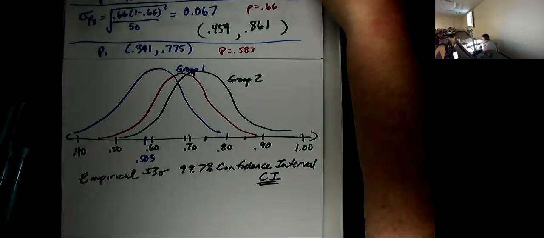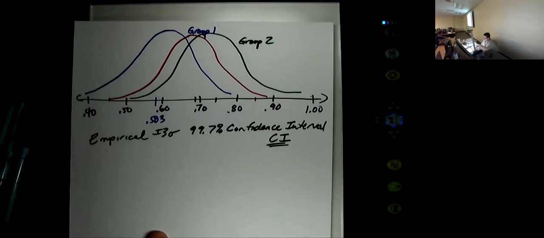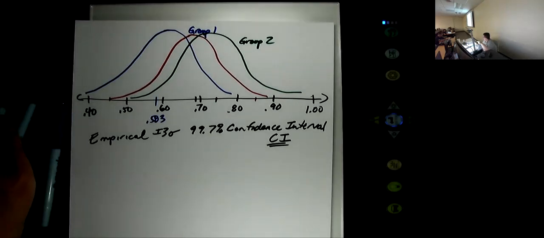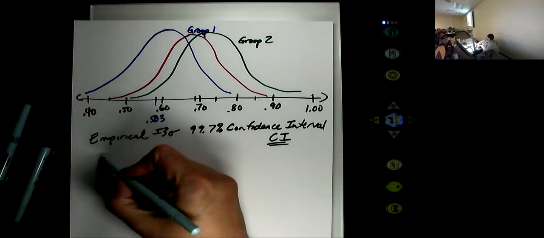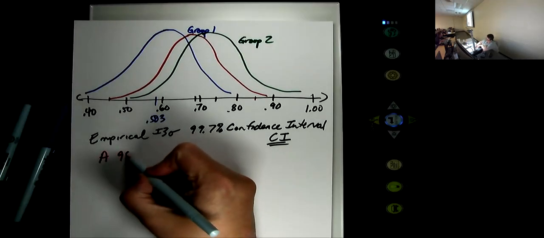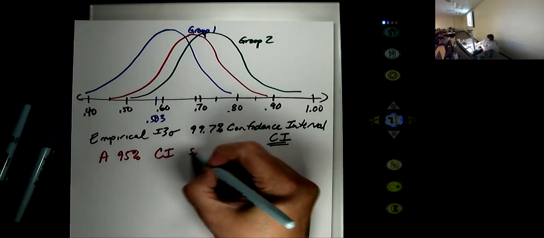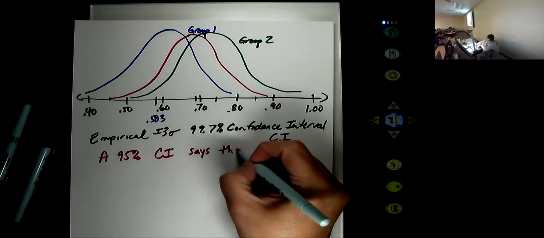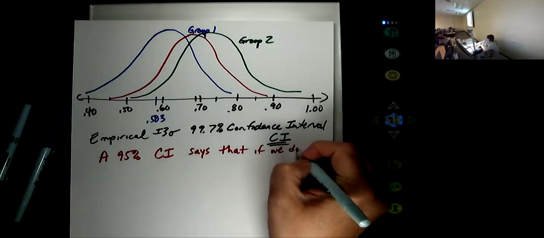95% is going to be pretty close, almost the same as this. So I'm going to give an example with 95% because I think the number is going to work a little bit better. A 95% confidence interval says that if we repeat this, if we do 100 surveys,